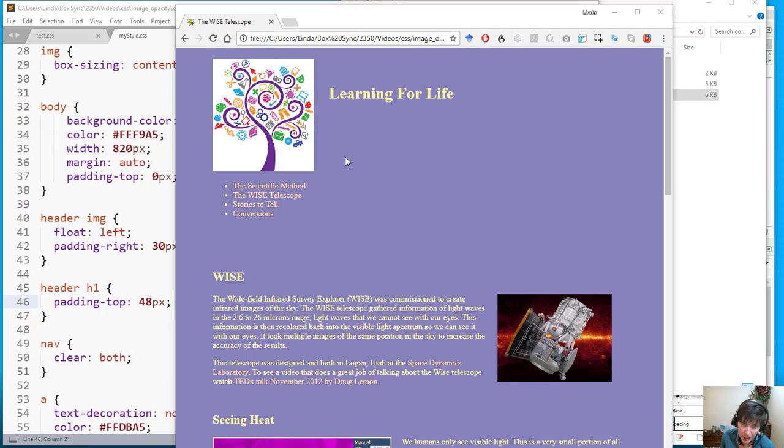Sometimes you want to change an image. For example, you might want to get rid of the background color. Here, where this is white, you might want it to be transparent so whatever colors are behind it might show. Or you might want to make the image lighter, and that's changing the opacity. I'm going to show you how to do both of those things, and I'm going to use a tool called